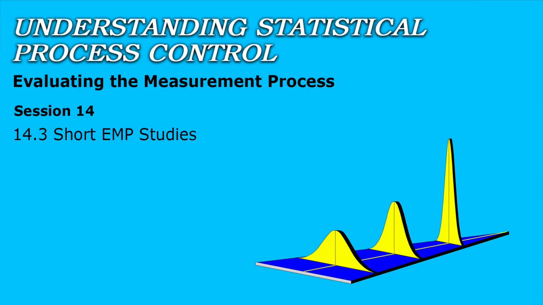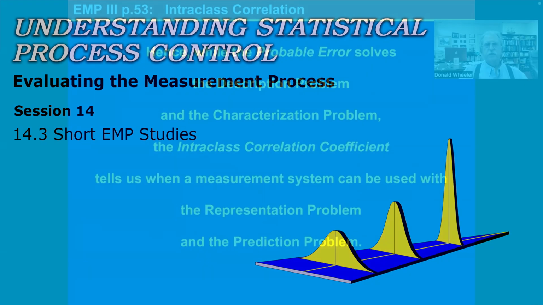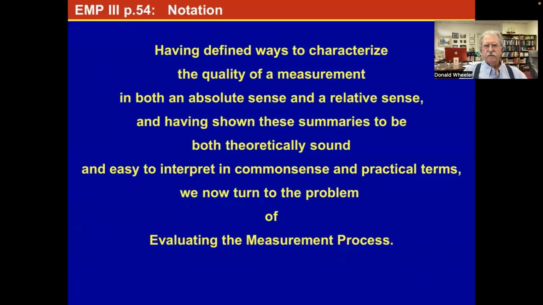While we were able to use existing charts in the previous examples, there are times when we will need to conduct a special study to compute both the probable error and the intraclass correlation. The simplest of these studies will be a short EMP study. So on page 54,